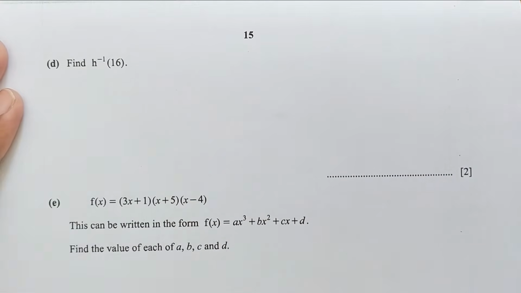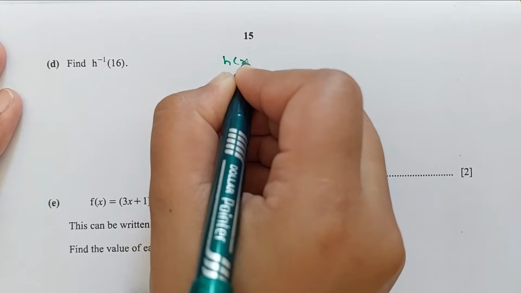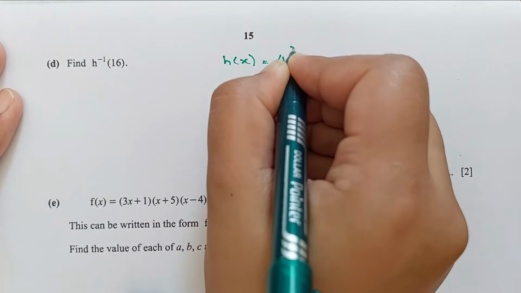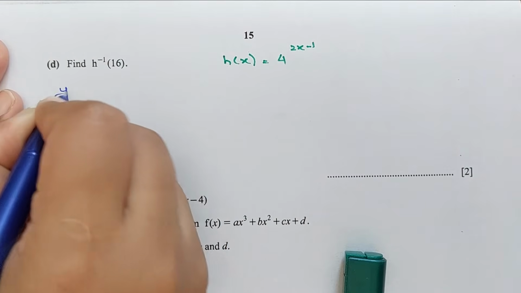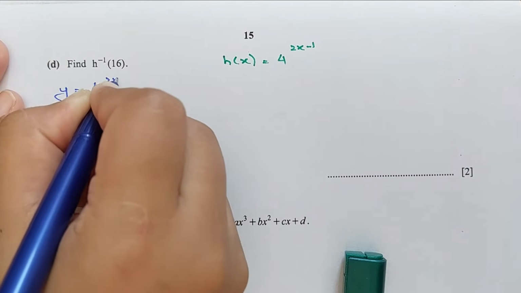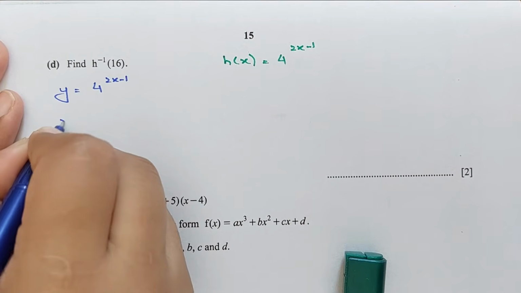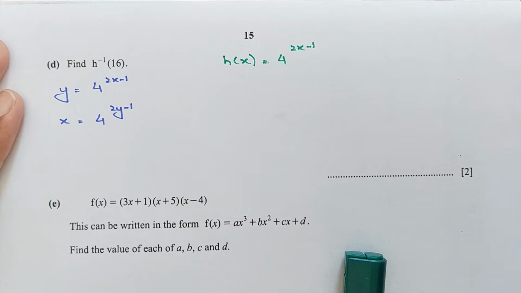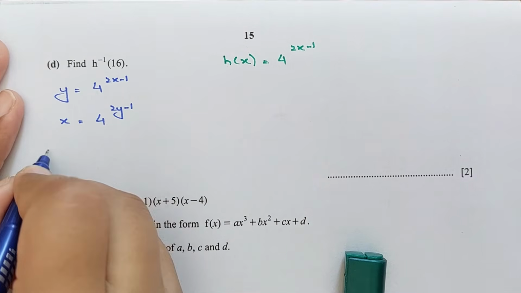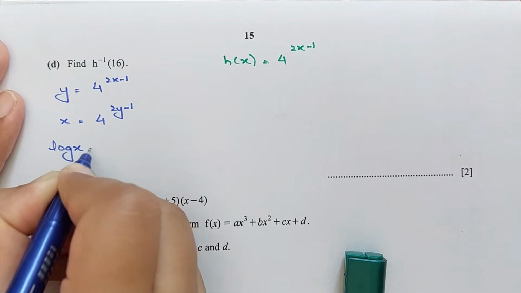Part D, find h inverse of 16. So first we have to find h inverse of x. In the question we have given h of x is equal to 4 to the power 2x minus 1. So we have to find h inverse of x basically. So for h inverse of x, we can say y equals h of x. And replacing the variables, x equals 4 to the power 2y minus 1. To get the value of y, taking log on both sides, we can say log of x is equal to,